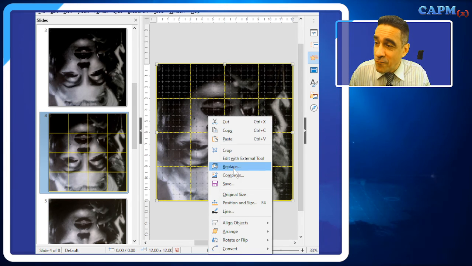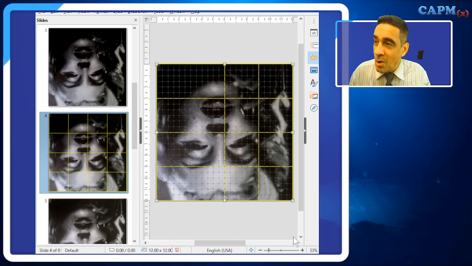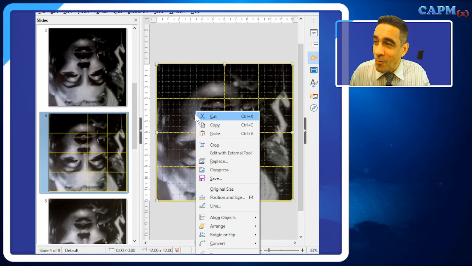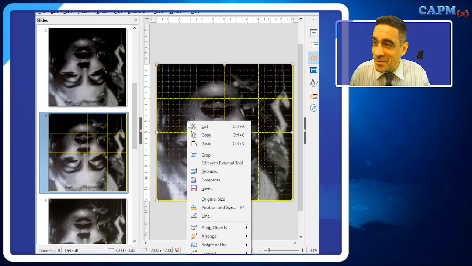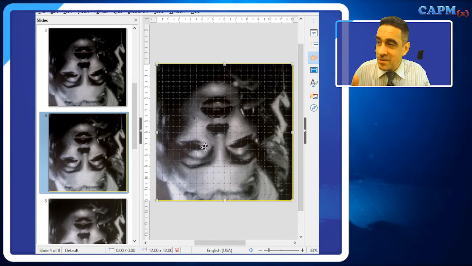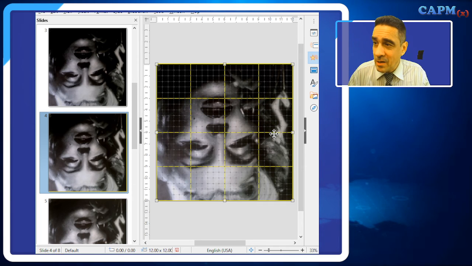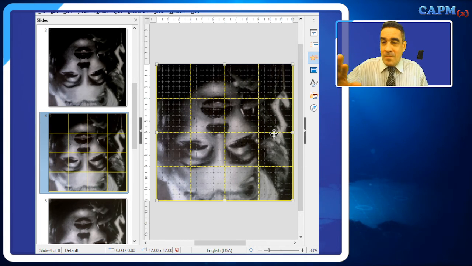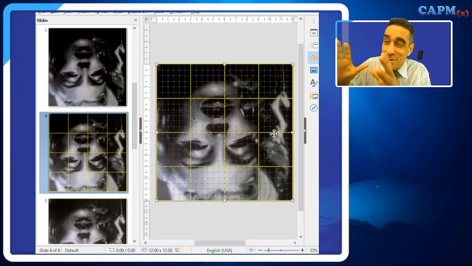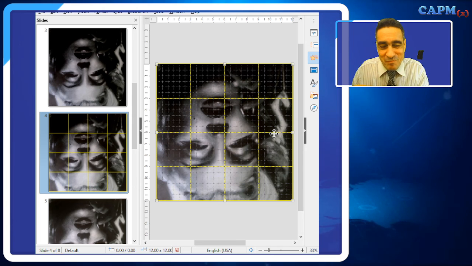So if you arrange to forward, right, it just goes one grid line by one grid line. So you don't want to do that. You want to bring it all the way to the front, or arrange it all the way to the back. Right? And so now you have totally prepared your source image to